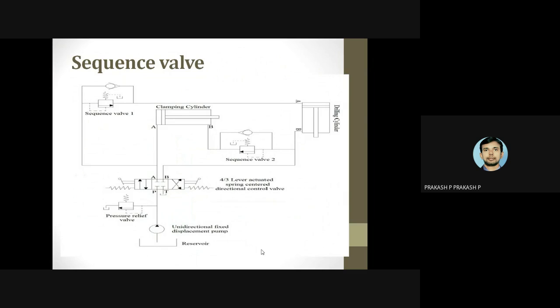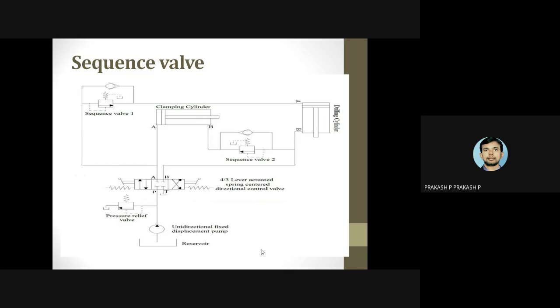Now the fluid flow happens through the sequence valve only, not through the check valve. The flow passes through the sequence valve, which is directly sent into the head position of the drilling cylinder. The cylinder will be extended. Whatever oil is at the rod end of the cylinder will be directly stored into the tank. So this is the extension of a clamping cylinder and drilling of the workpiece.